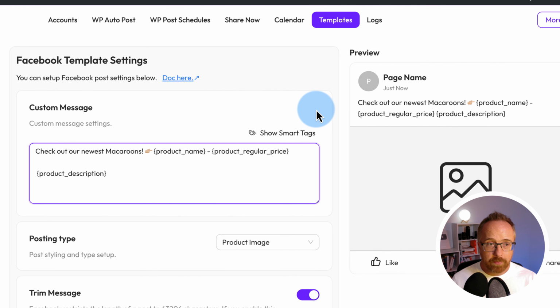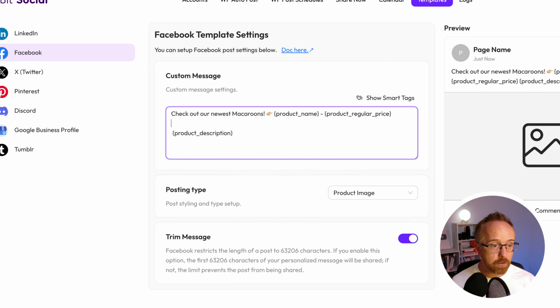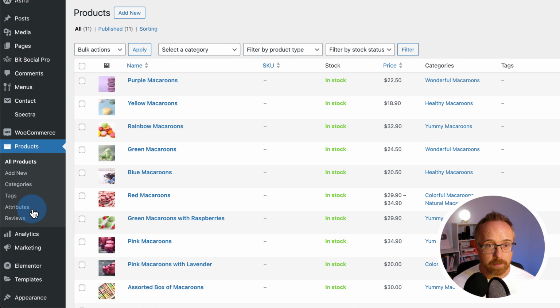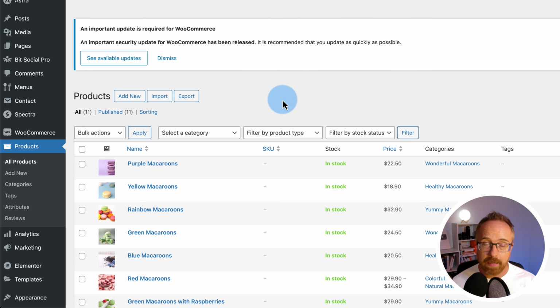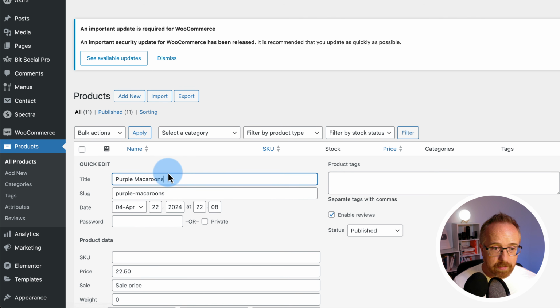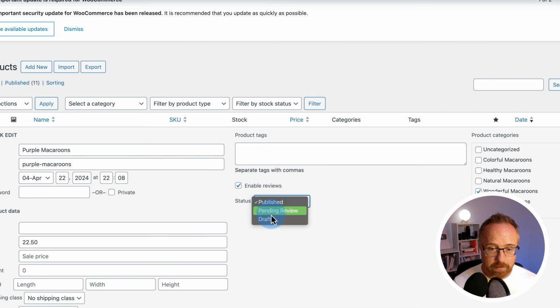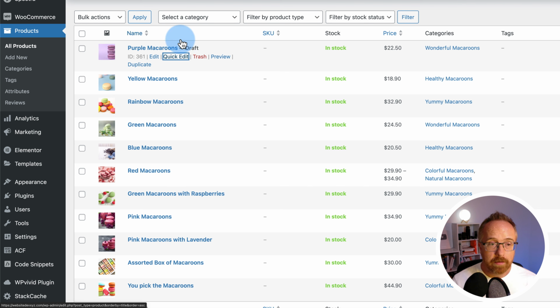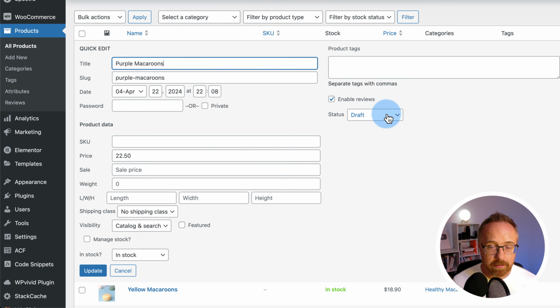So to quickly recap, we now have our post templates created, we have our auto post settings set, and we have our accounts linked. So I should be able to go into our products, create a new product that we then publish, and it'll show up on our social feed in Facebook and LinkedIn, and whatever accounts you have linked and set up to be posted to. So I don't have any new content to do, so I'm going to move this to draft, update that. And I'm going to change this back to published in just a minute, and we'll see if that